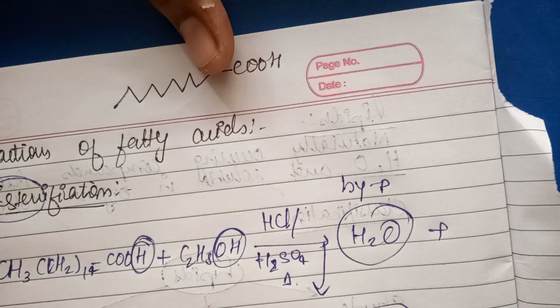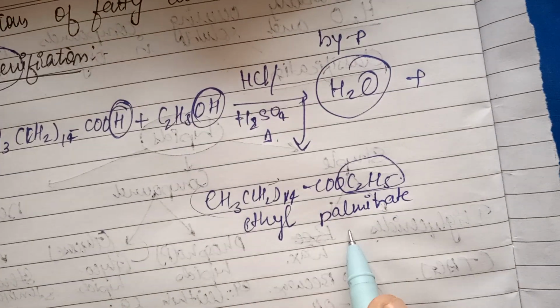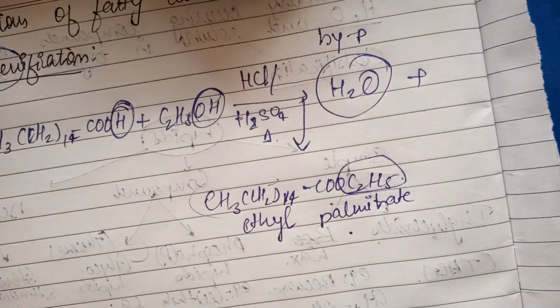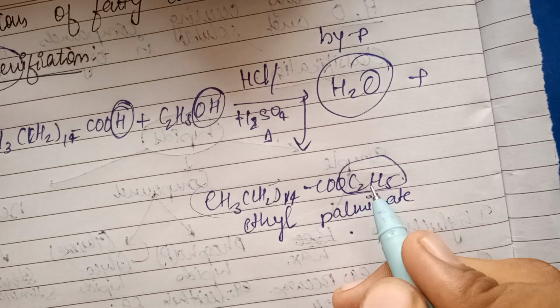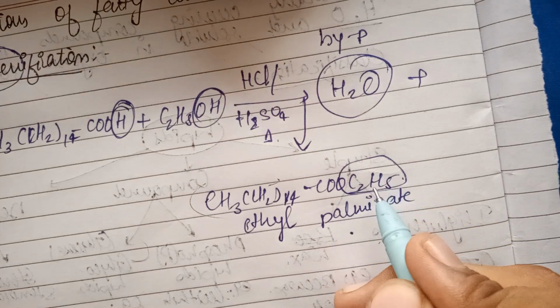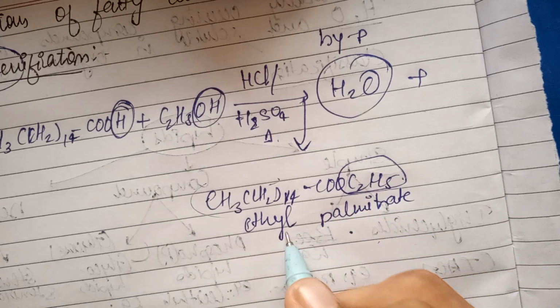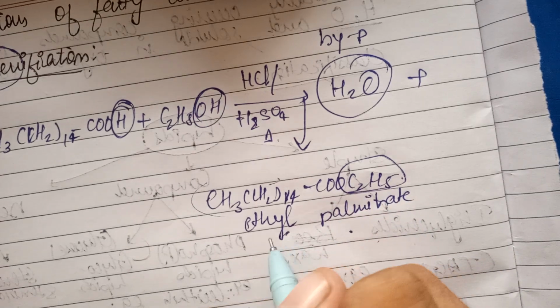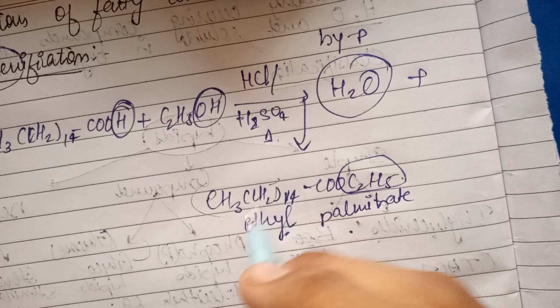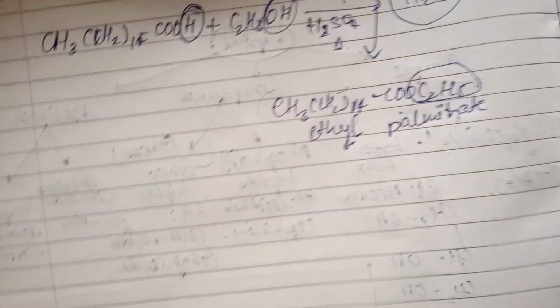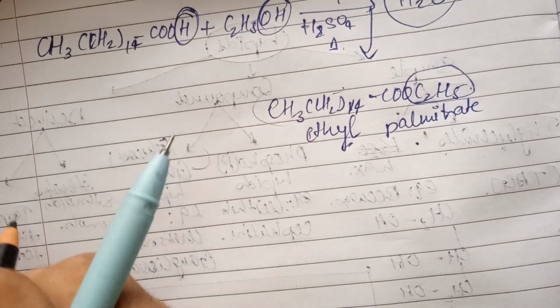It is palmitic acid, but as an ester we get ethyl palmitate. The nomenclature of esters is like this: the carbon chain that is smaller than the main parent chain is written as a prefix, that is, ethyl is prefixed, and afterwards we give the parent chain name, palmitate, along with the ester. So next, after esterification, we have